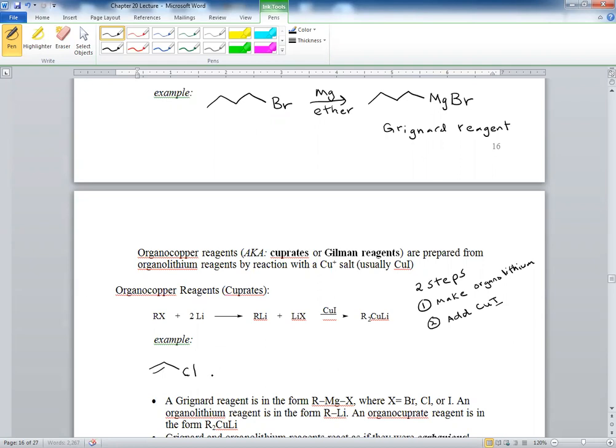This alkyl chloride, in this case, we add lithium. Even if we just add 1 mole, we can ignore the byproduct. We will get this one right here, the organolithium. And then if we add copper iodide, we will get both